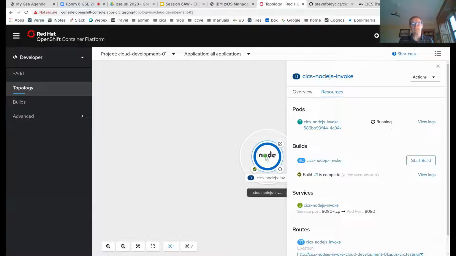And there we go. So in literally less than a minute, I've taken my application source code from GitHub and have deployed it to a Node.js runtime. I didn't have to install anything myself. It's all available on the cloud platform. And I now am able to access and test that application. Before we do that, let me just have a look at the